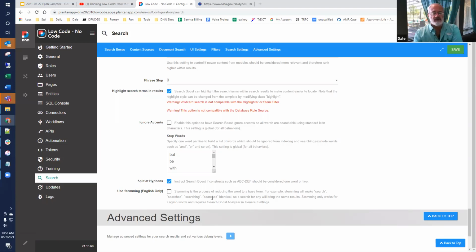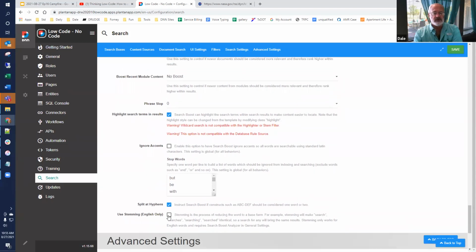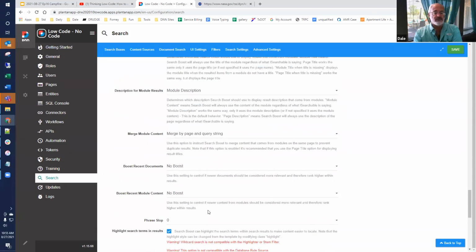So one of the areas where we're working now, where we know we have some issues, is that there are some selections you can make within Search Boost that are not compatible. Turning on stemming together with implicit wildcard, which we were talking about a second ago, actually doesn't give the results that you would hope it would.